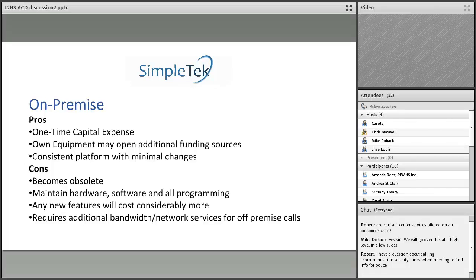Another thing about on-premise purchasing of the system is that it really makes it difficult to have a starting point that's affordable and expanding. If you're anything like the Mental Health Association of New York City, that organization has grown so much over the past several years.